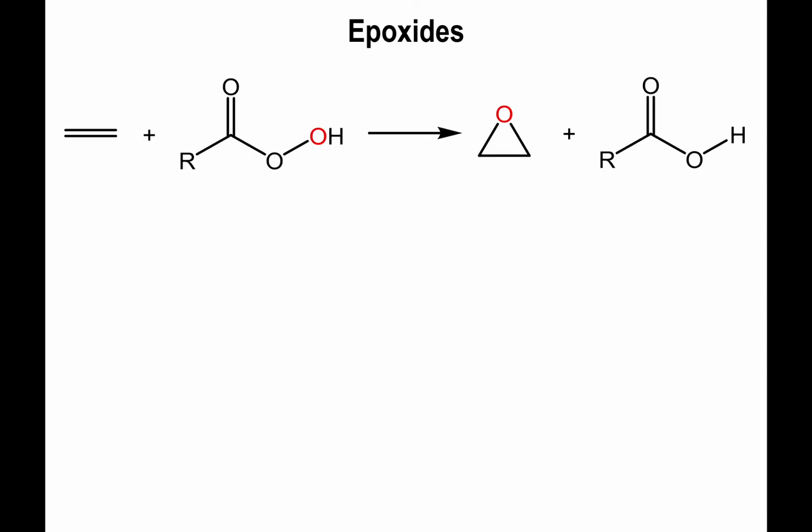The way in which one goes about synthesizing epoxide compounds is by the use of organic peroxide molecules. Typically, this will be an organic carboxylate or carboxylic acid peroxide. And one of the most used versions of the carboxylic acid peroxide is the following: